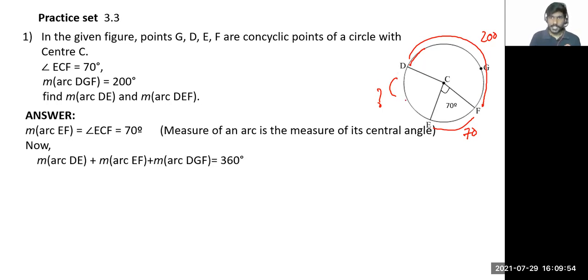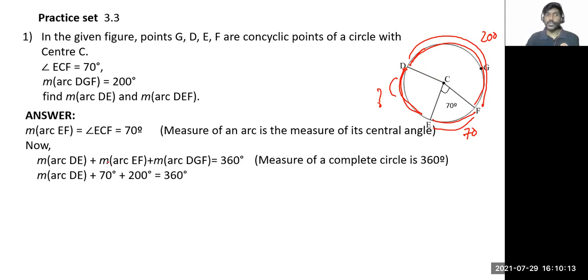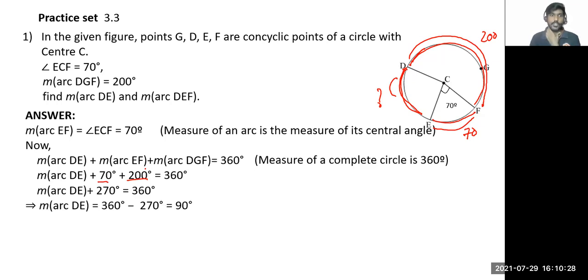Or just write it like this: look at the figure. Measure arc DE plus EF plus DGF becomes a complete circle. Then just substitute the values. DE we are finding out, so keep it as it is. You know EF is 70 degrees and DGF is 200 degrees, that is given. So 70 plus 200 is 270. So you have 270 plus DE equal to 360. Take 270 on the other side, it will get subtracted. So DE is 360 minus 270, which is 90. So measure arc DE is